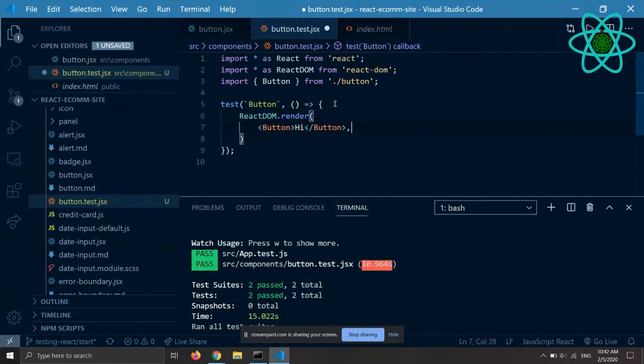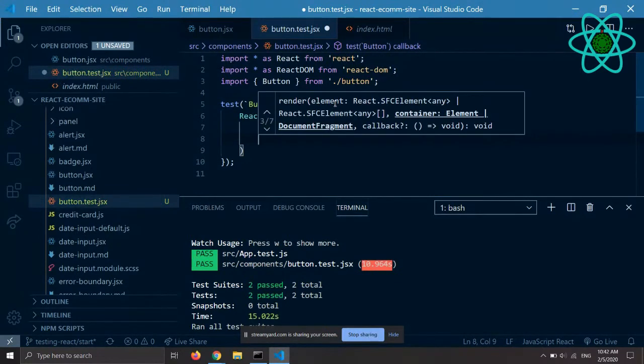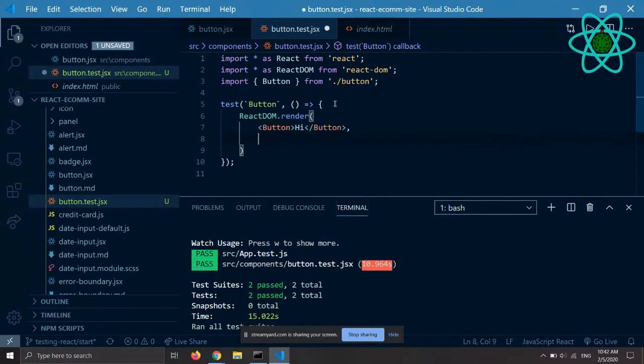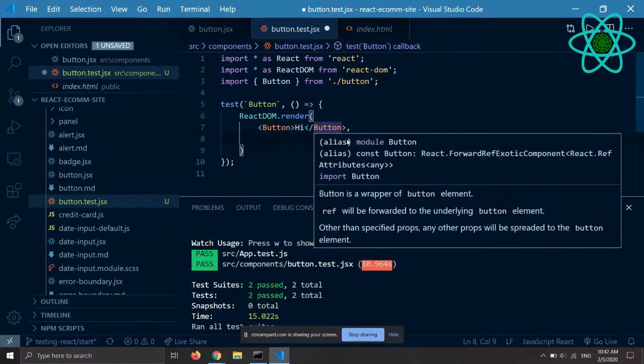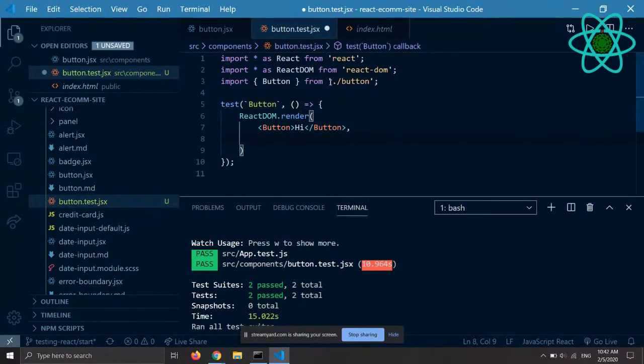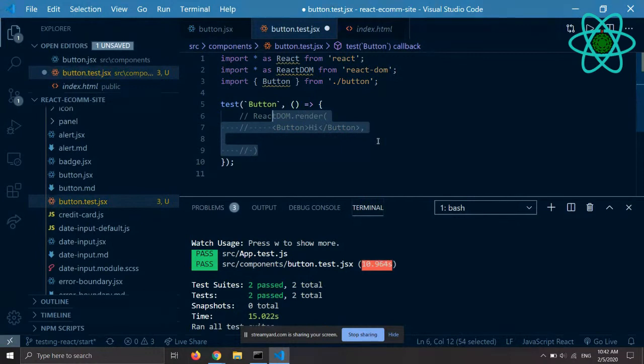And then I need to pass document get element by ID something, right? But now we are in Jest. We are in this environment that Jest has created. So how can I have an element in here? Well, one thing that Jest actually helps us to do is that it includes a virtual DOM environment for us, which is using a library called Jest DOM, so that in this file you actually can do like